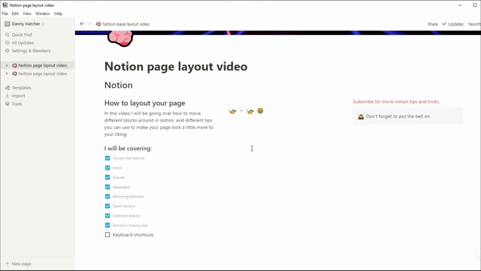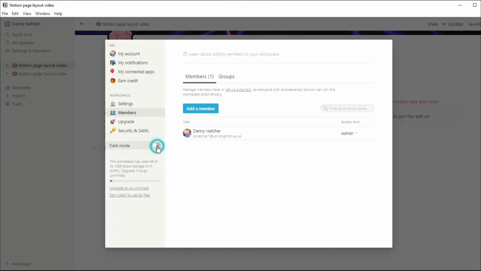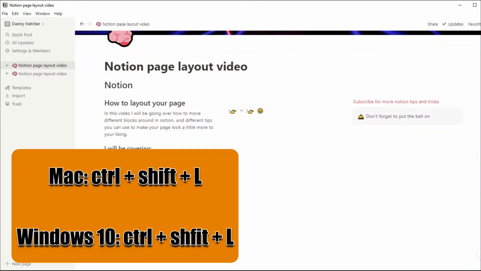The last thing I want to show you is actually putting dark mode on. If you go over to the sidebar menu, go into settings and members, you can see the dark mode option right there, and you can put it on or turn it off. The keyboard shortcut to doing this is